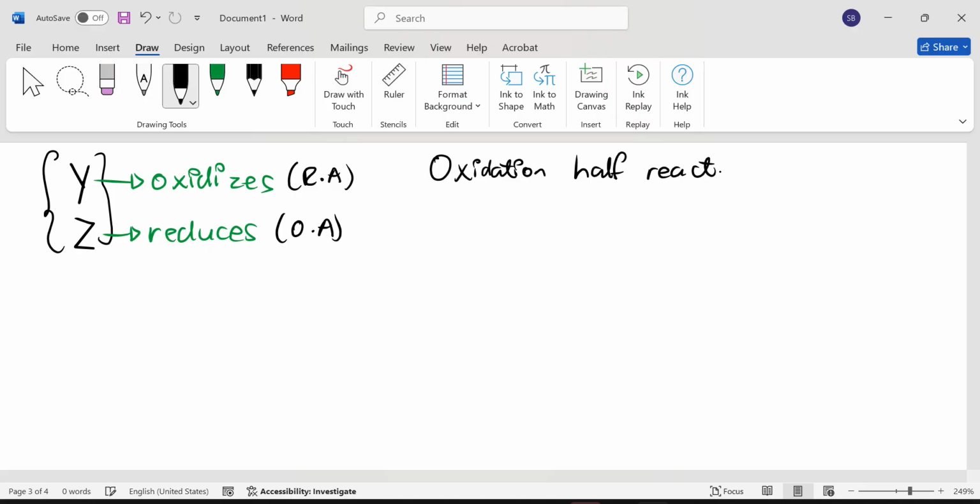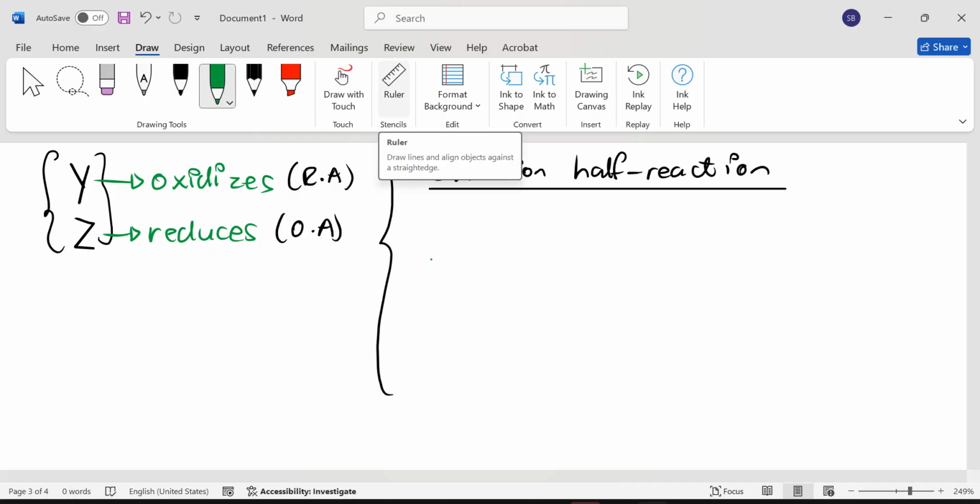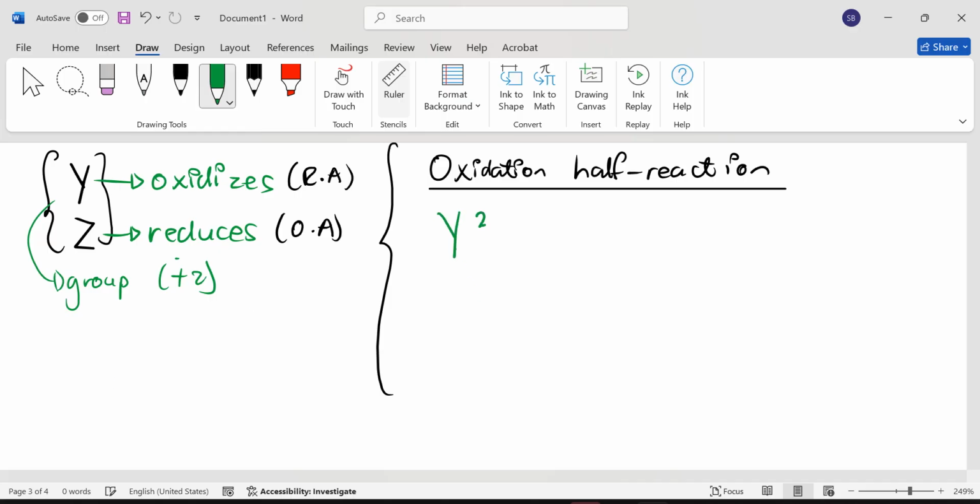So the oxidation half reaction is, as the name is given, the reaction of just the oxidizing part. That is, whatever it is that oxidizes gets this particular reaction. Since we say Y oxidizes, say Y is some element in group 2. What does it tell you? It has a charge of positive 2. Just an example, I'm not saying it always has. Y is not even an element. Just an example. So I would then have Y2 plus,